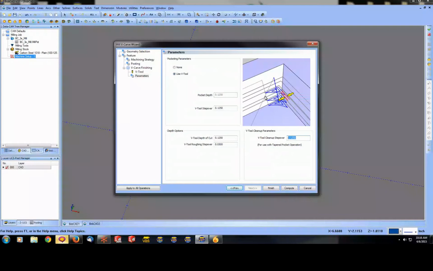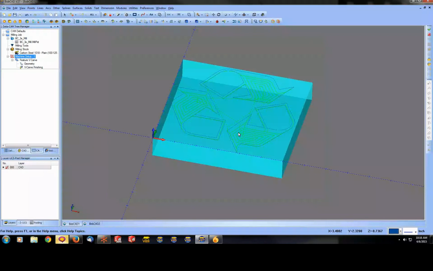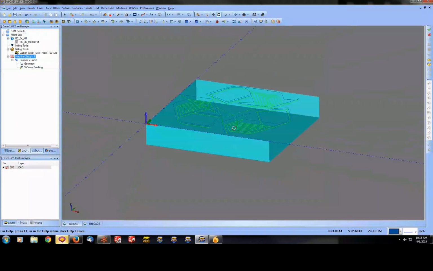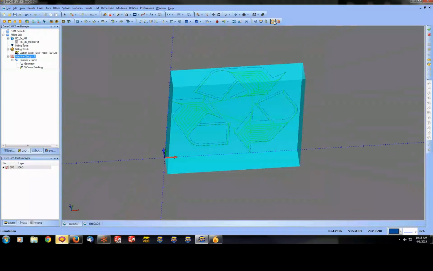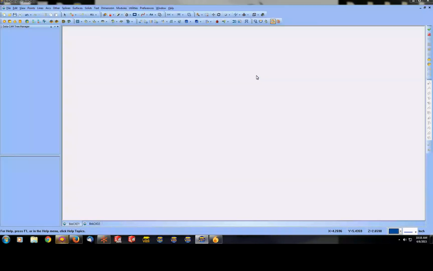So your tool might not necessarily get in, especially with the pocket option added on. You may need to do multiple passes in the corners to get that. So usually I just cut that in half just to get a couple extra little passes in there. Now if we compute, we get one result for V-carve. So it's just carving out the center of this. So if we simulate this one,